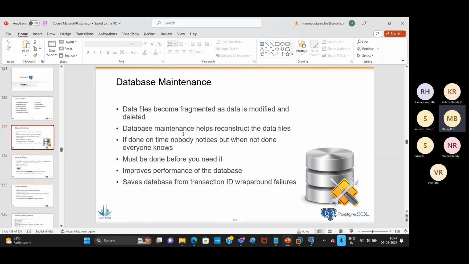So see here, one thing is it will improve the performance of the database. And also, it saves the database from transaction ID wraparound failures. What is a transaction ID wraparound failure? For each and every transaction, the database server assigns a transaction ID. If you are not going to run database maintenance on a regular basis, the transaction ID will